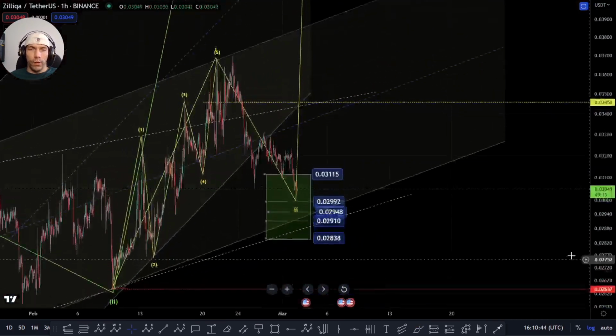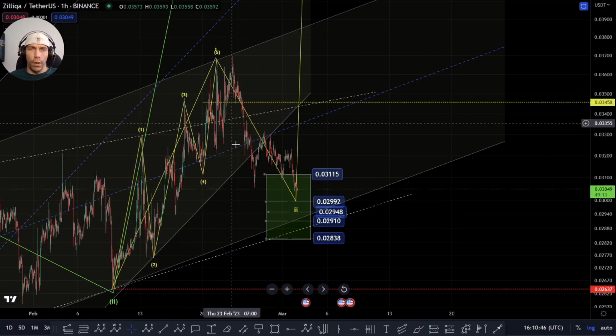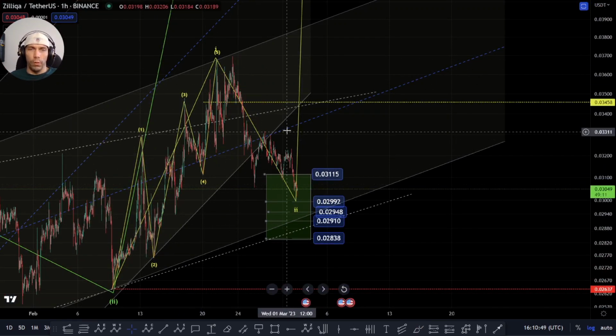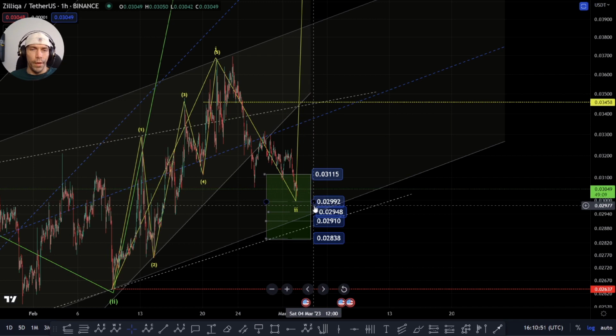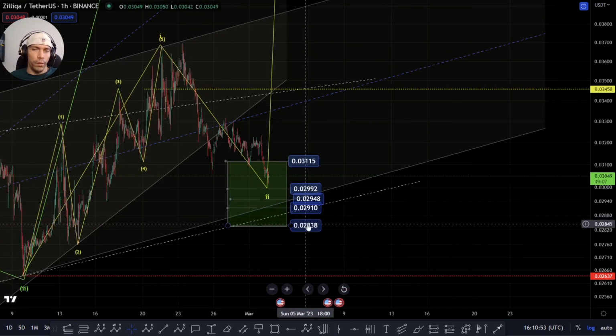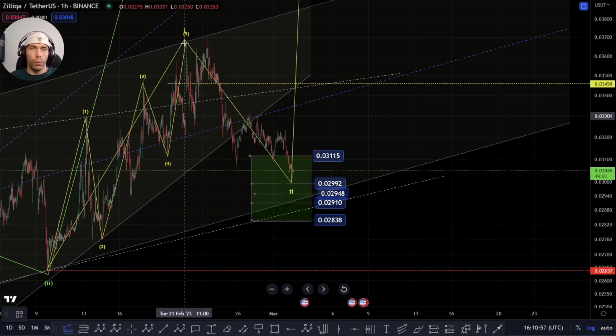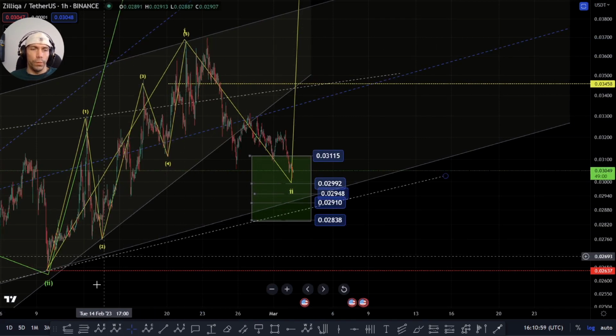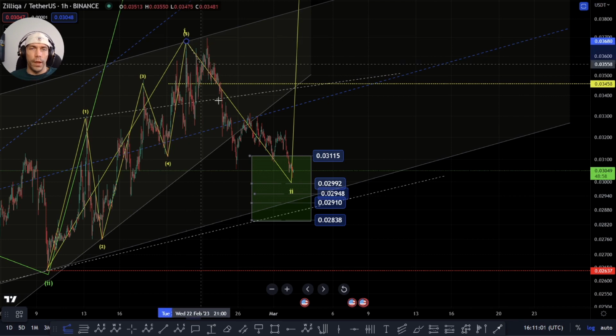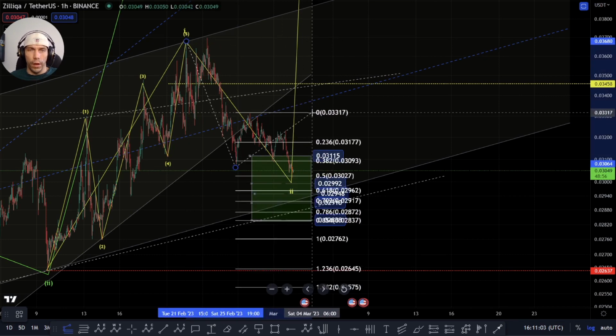Like I said, the structure at the moment isn't that great to the downside here. We can argue that we could be getting a WX and a Y here, but really would need this 2838 area to hold. And if we were looking at this potentially as a flat in here, and then this is a connector wave,